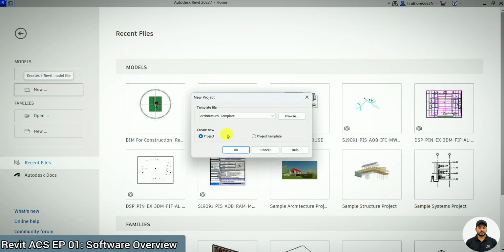The second option is project template. So what is the difference? This architectural template we have by default, and maybe the client shares one with you. For example, the client needs to share an architectural template with their subcontractor. So what will he do? He will select the project template, then he will adjust